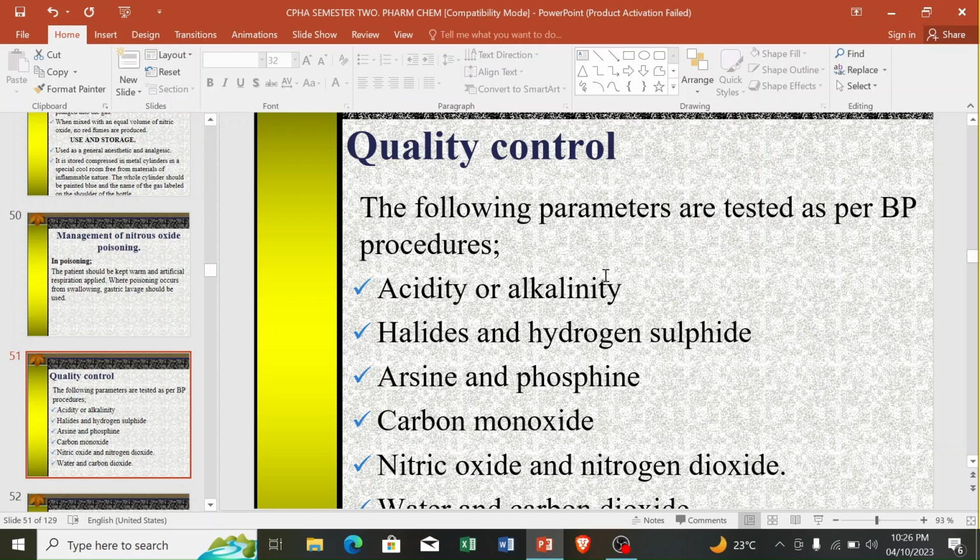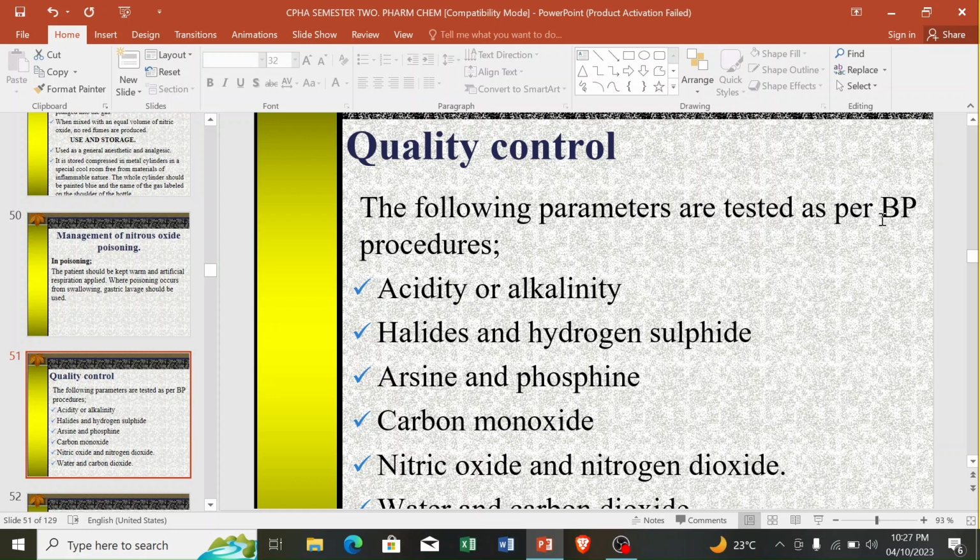So we have parameters as tested by the BP. This is the British Pharmacopoeia procedures. The British Pharmacopoeia is a documented reference book that we always use for manufacture of products. It can be medicine, it can be raw materials, because you can even manufacture raw material that can be used